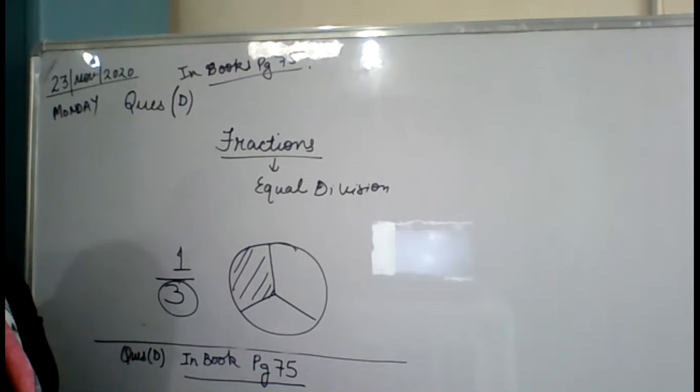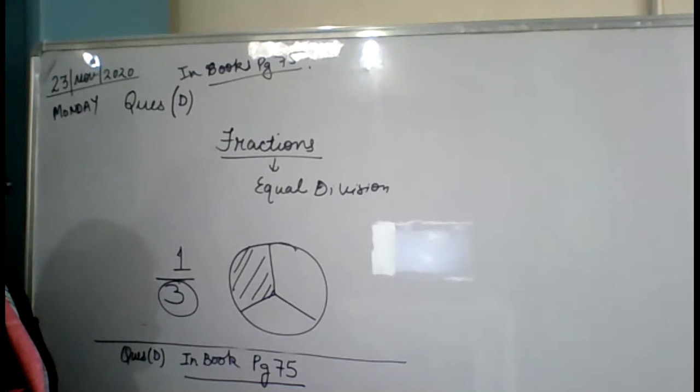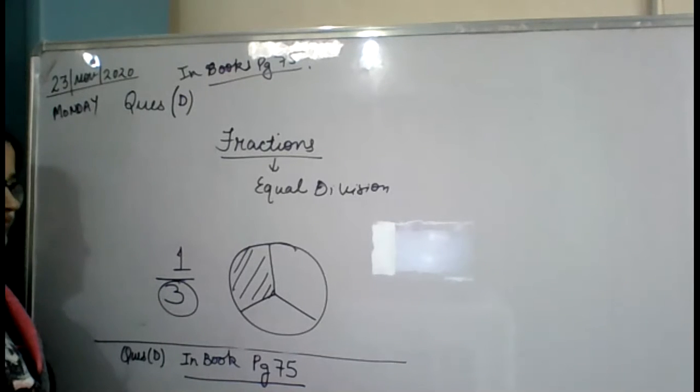Ma'am, your video stopped. Om, I think your network is not coming properly. So please don't speak like that in between. If my video stops, please type in the chat box. Next time, don't disturb like this. I think your network is not good. Is my video stopped, everyone? No, ma'am, it is working clearly.